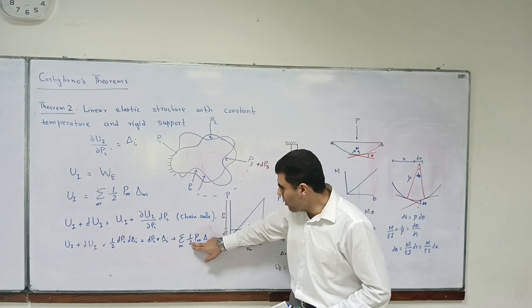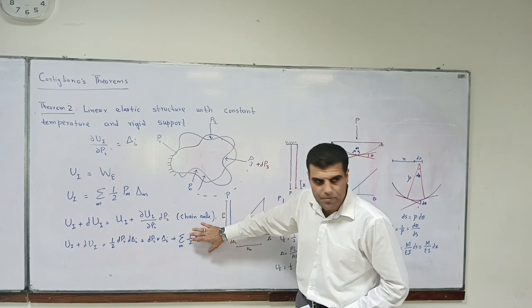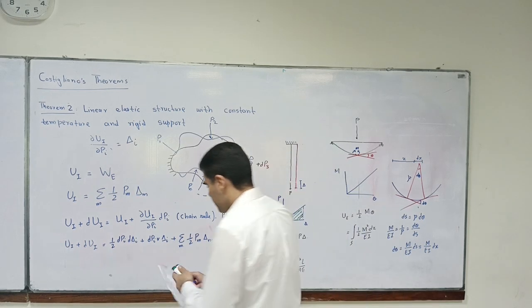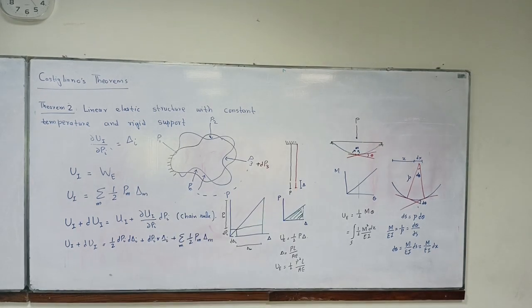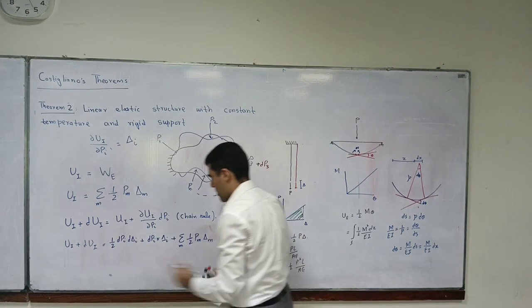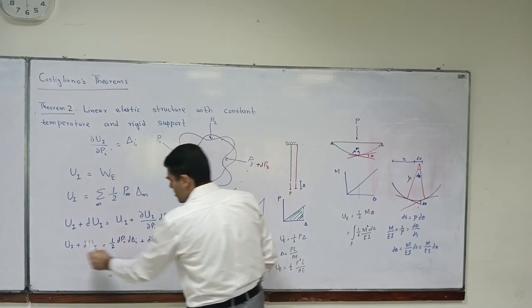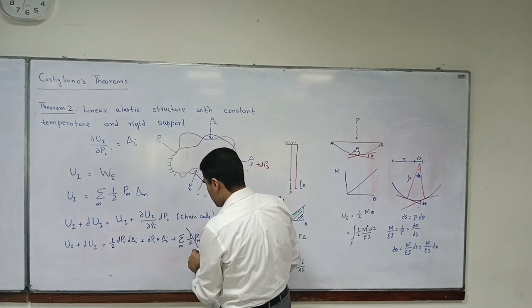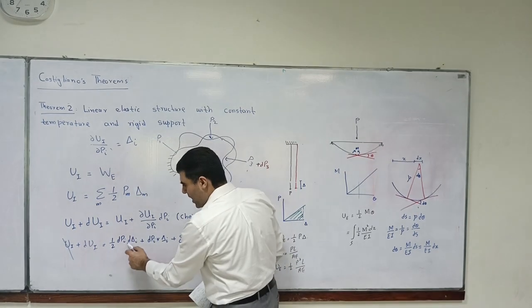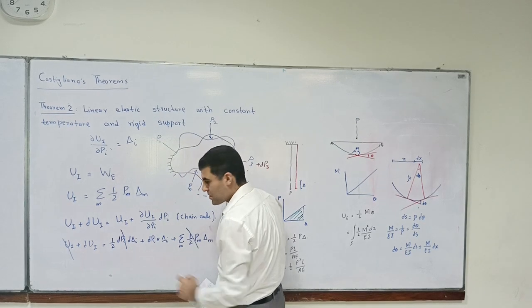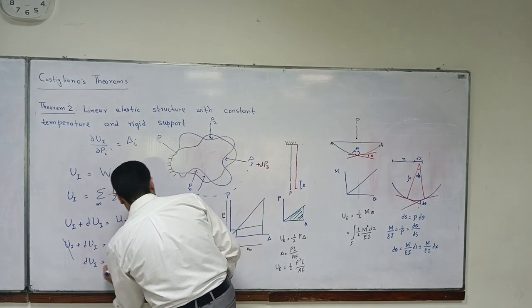Therefore, summation of half PM delta M. Agree? So we know Ui is equal to this one. So this one can cancel out with this one. Agreed? This one is again small, cancel out. And we get Ui is equal to